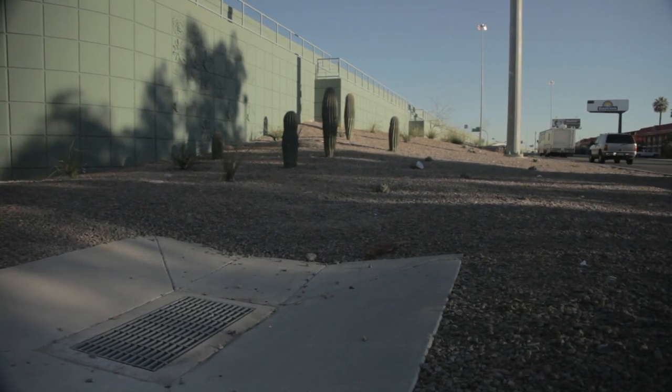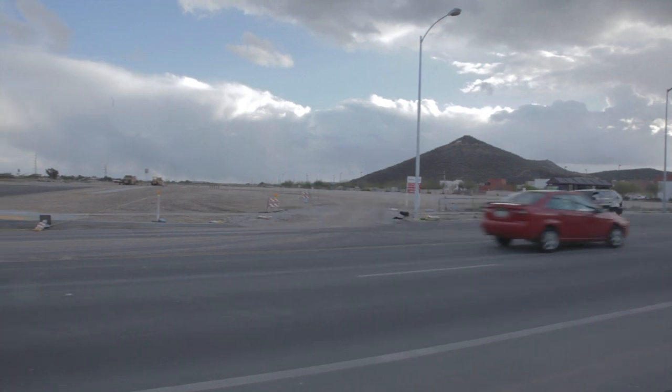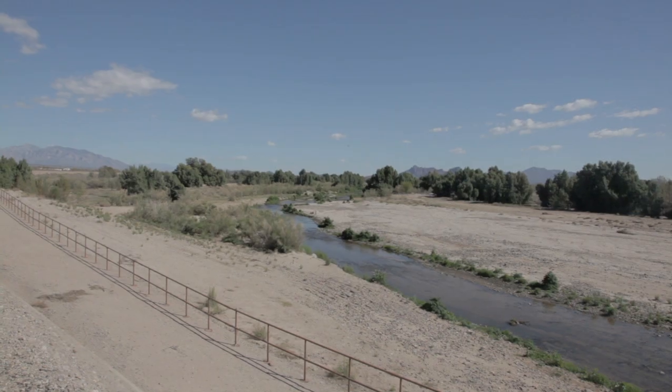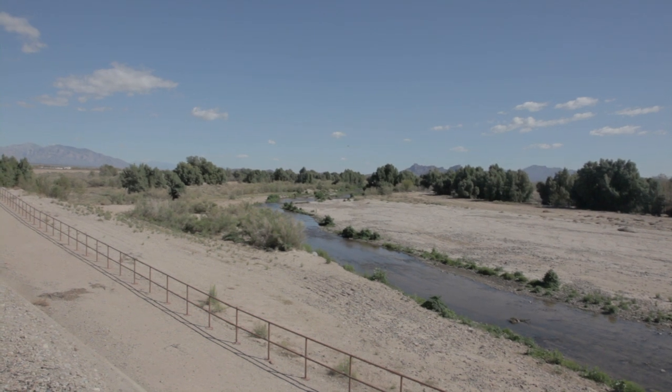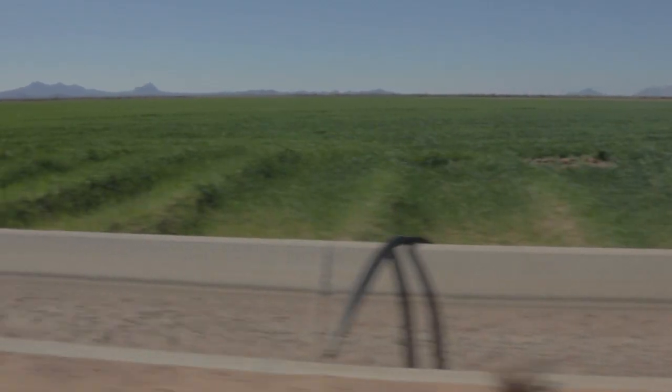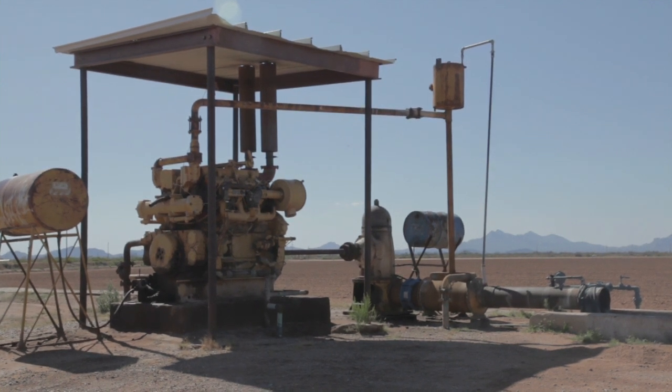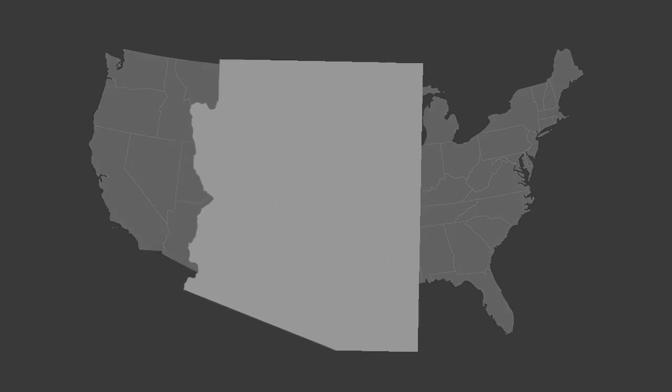We started cutting out a lot of that vegetation. We started replacing it with hardscape. So we turned the sponge into a drain. We got mechanical pumps that rapidly started to drain the groundwater table. So to address the problem, we built the CAP Canal, Central Arizona Project Canal, an open canal that comes from